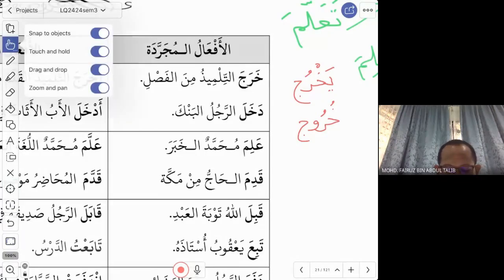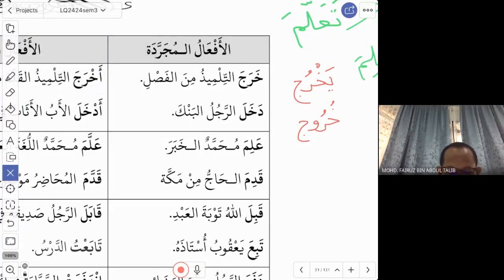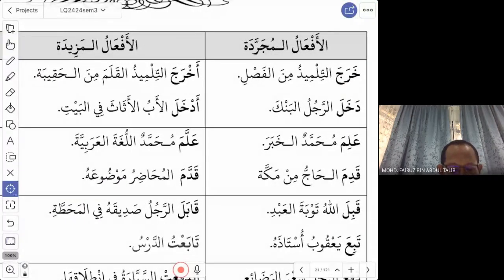For the fi'l mujarrad, the minimum number of letters is 3. So here you have a 3-letter fi'l. Every time you see a 3-letter fi'l like kharaja, we call this fi'l mujarrad, where there is no additional letter. All of the letters are what we call the original letters, or huruf asliyah. This is what we call af'al mujarrad. But if you look at al-af'al al-mazida, mazid, as I explained just now, means there is